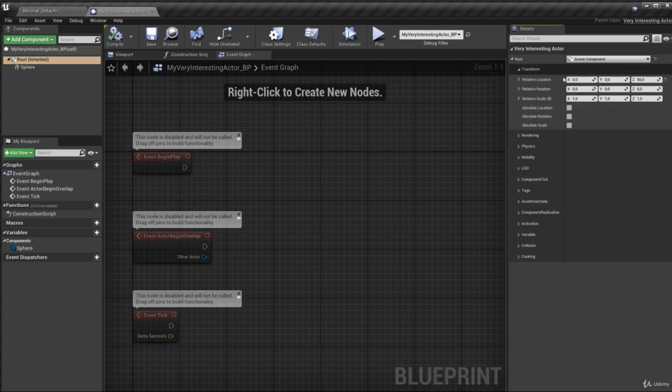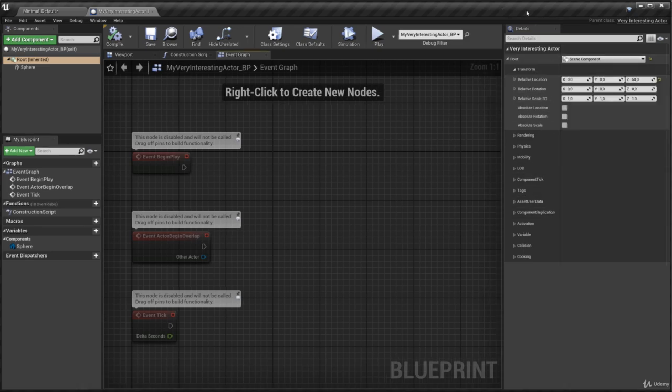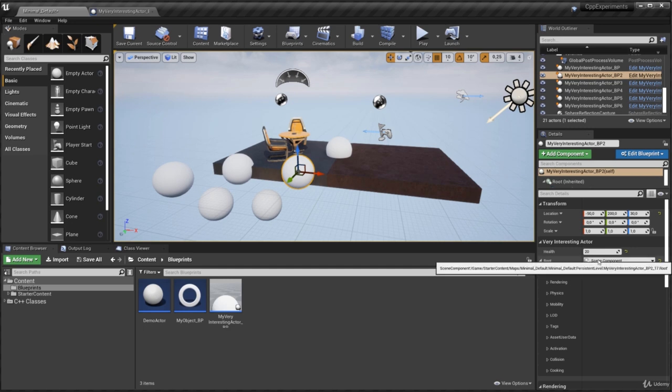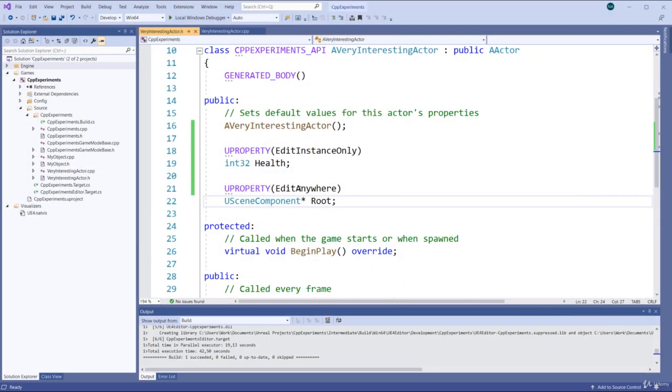So I don't really recommend that you do it this way. You can, if you want, and it's nice that you have this functionality. I would like to also note, you can see right here the parent class. You can hover here, of course. So this is one reason why we don't use edit anywhere, edit instance, or any of that stuff. You can see even on the instance, per instance, you can change what this thing points to basically. You have to remember it's a pointer. So change this to